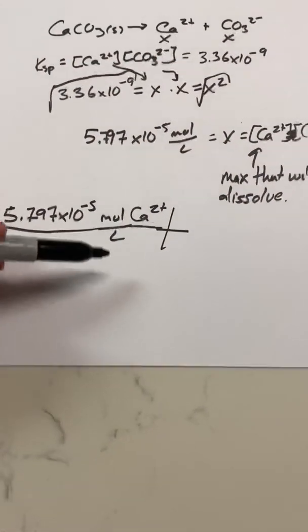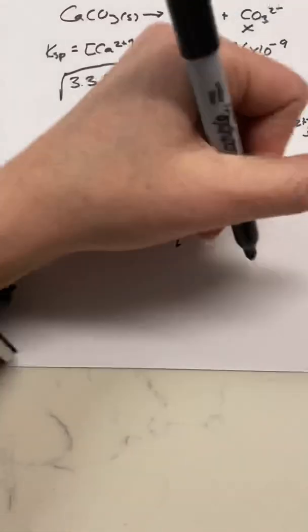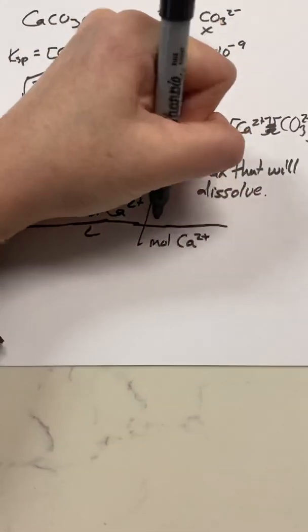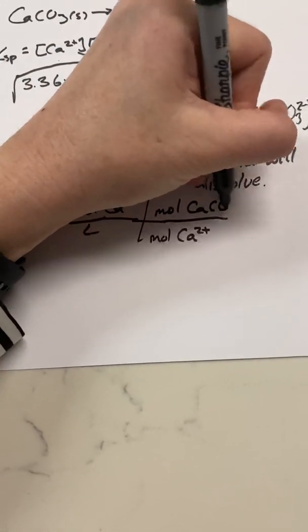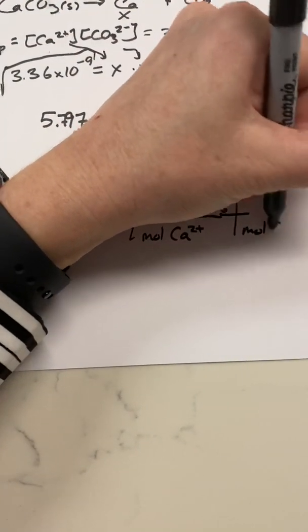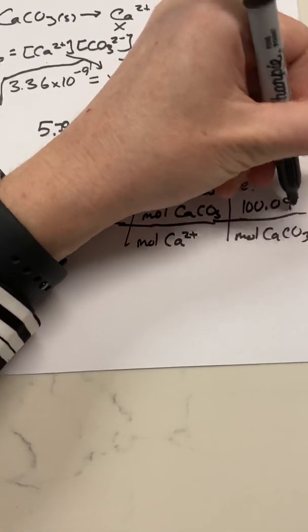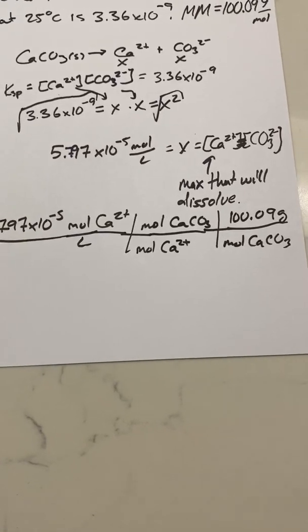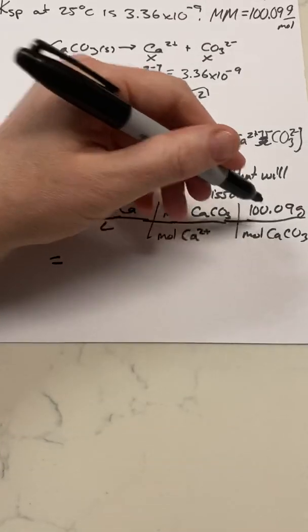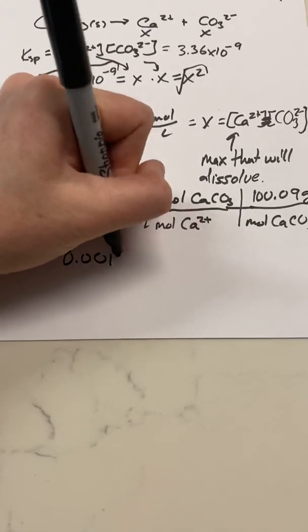And our question is eventually trying to take us back to calcium carbonate. Well, for every 1 calcium, there had to have been 1 calcium carbonate. So we can use a little stoichiometry here. We know a mole of calcium ion had to have come from a mole of calcium carbonate. And now we're in mole town of calcium carbonate. We know a mole of calcium carbonate would have a mass of 100.09 grams because we're eventually trying to get to grams here. Once we've done that, we simply multiply this times that, divide it by 1, and we get an answer of 0.00145